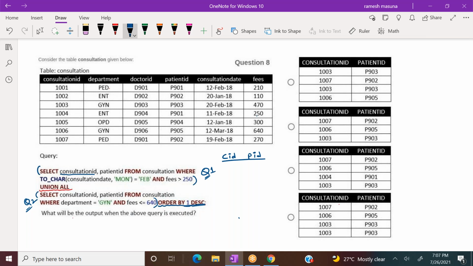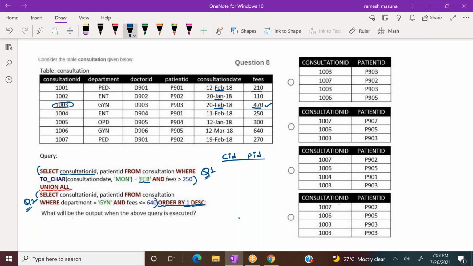TO_CHAR of the date into month equals February, and fee should be greater than 250. Look here: the date should be February and the fee greater than 250, but this fee is less than 250, so this tuple is not selected. Here it is February and greater than 250, correct. So for this we need the consultation ID and patient ID.